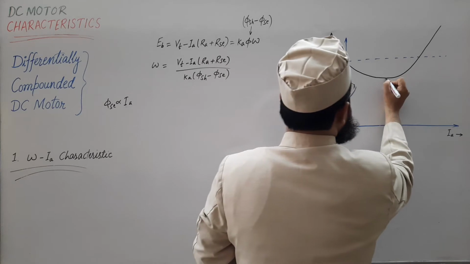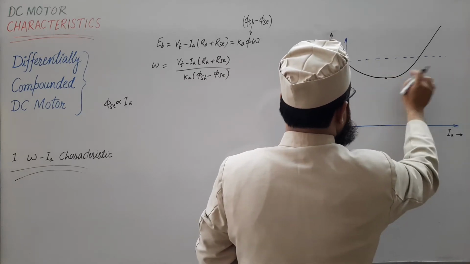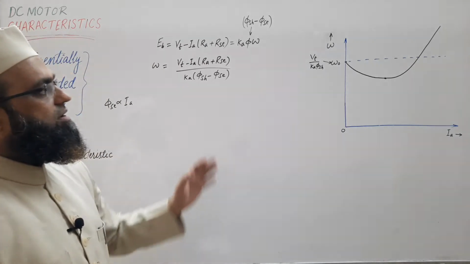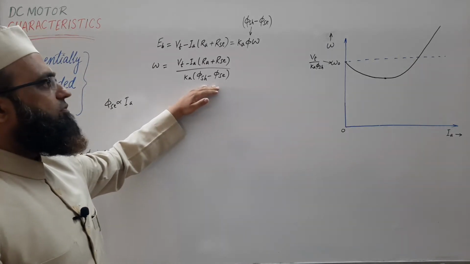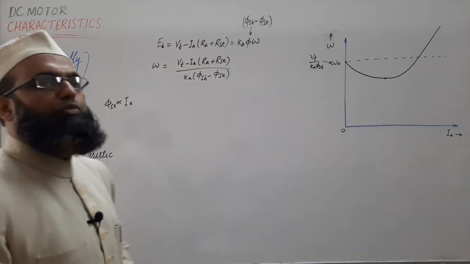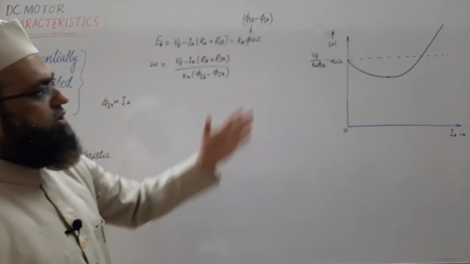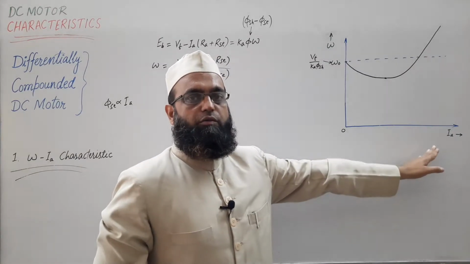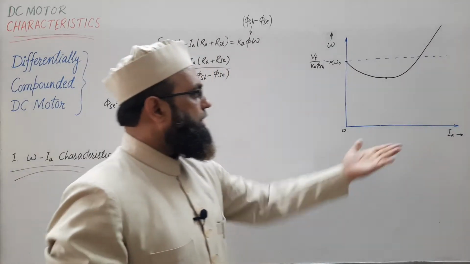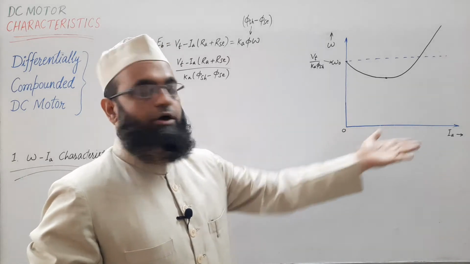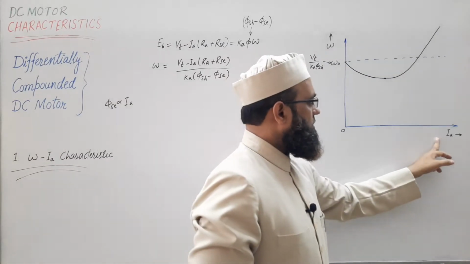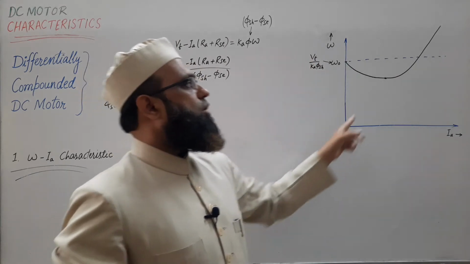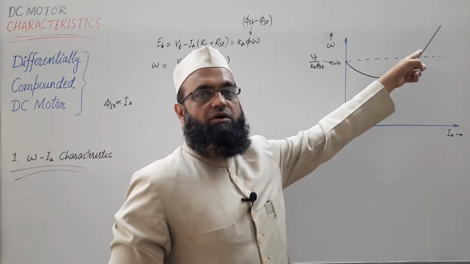So it will have some minimum value here, some minimum value, right? And then the impact of denominator will be dominating the impact of numerator. So we can observe that with increasing load, means if load torque is increased, corresponding armature current will increase. With increasing this, we can see that the speed of differentially compounded DC motor is